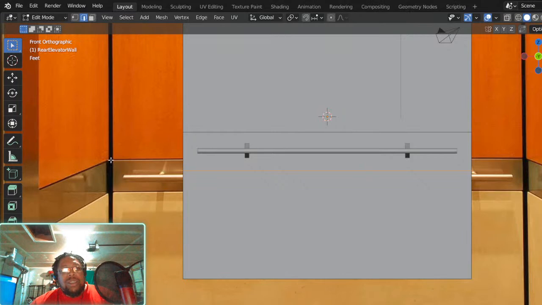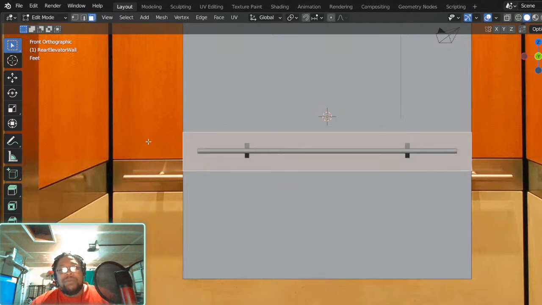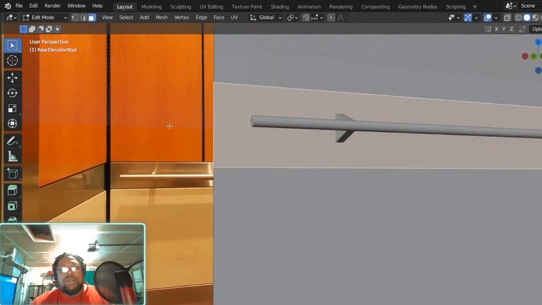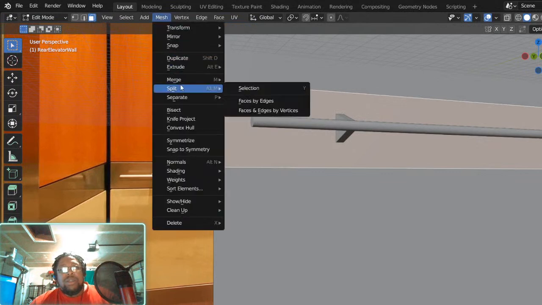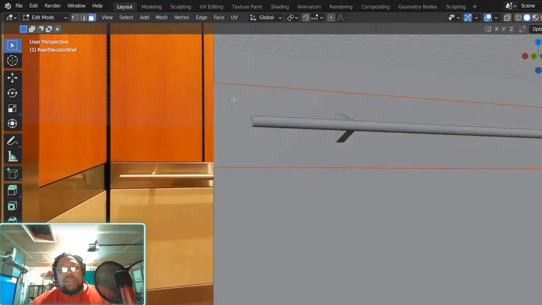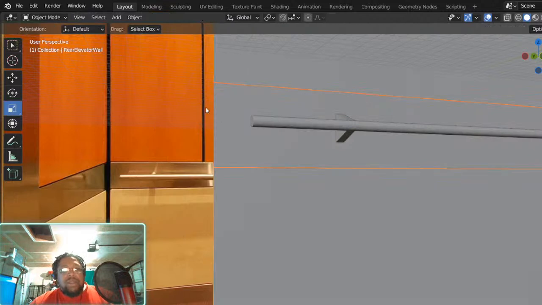Because you see, this construction doesn't look like it exactly matches up. So we can have a little bit of that feeling that a human has done this. Things didn't just line up quite perfectly. So let's separate this into different pieces. All right, there.